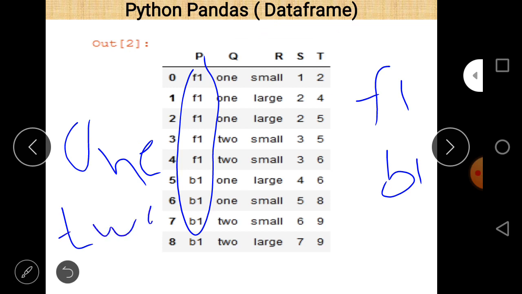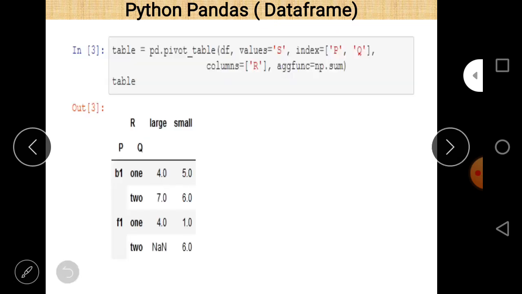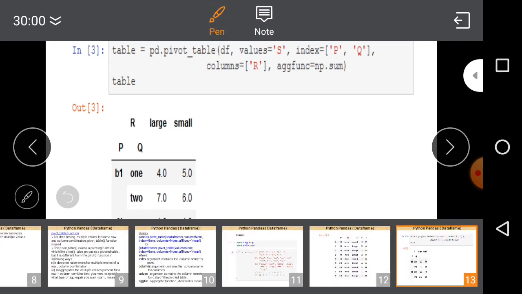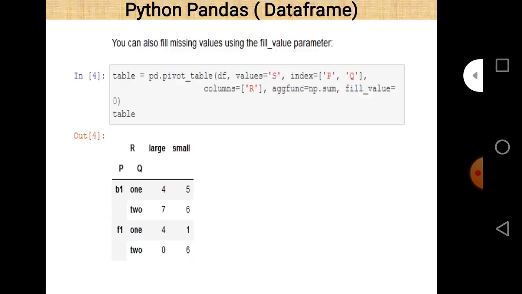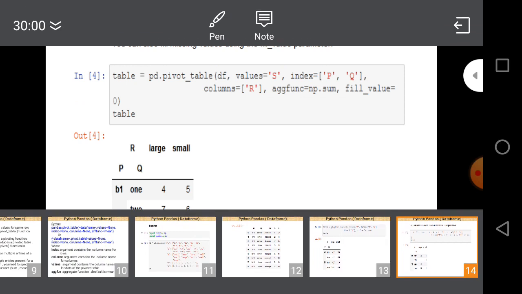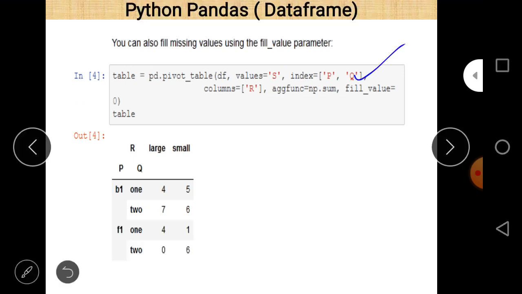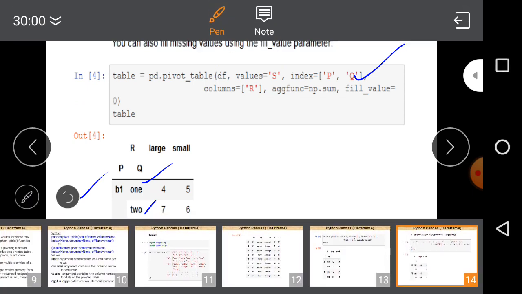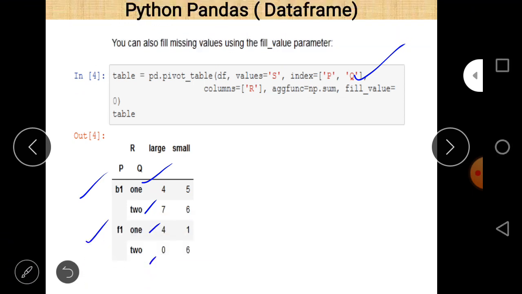There are only 2 values here. So these are the index values, and then the column name is R.